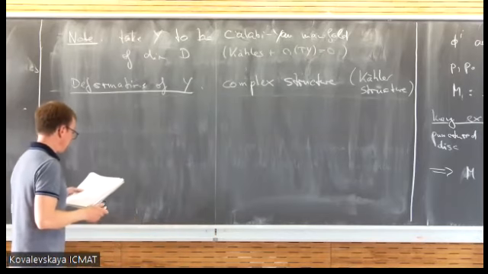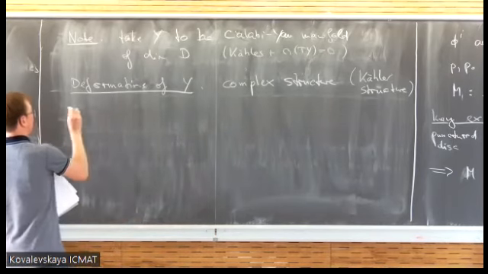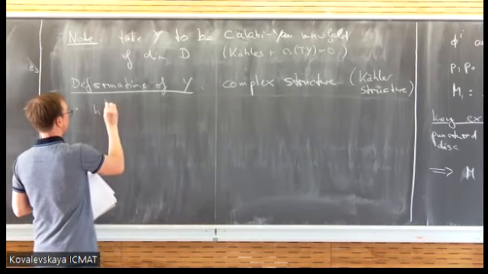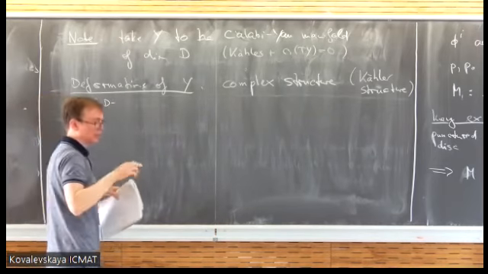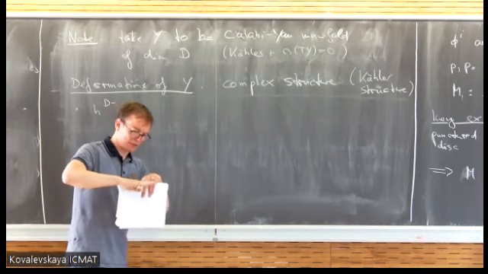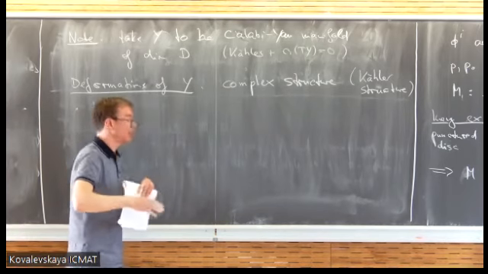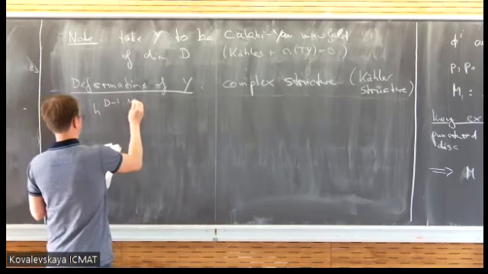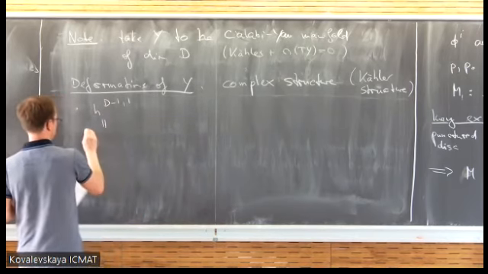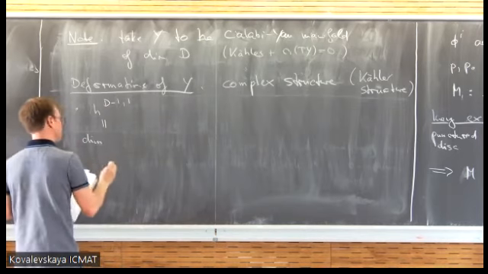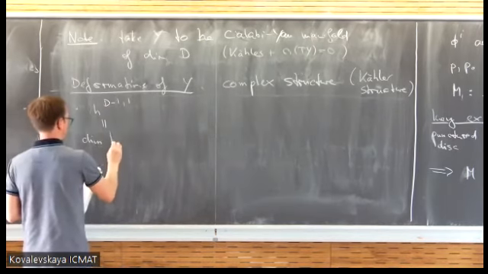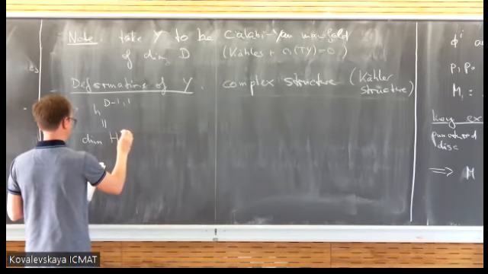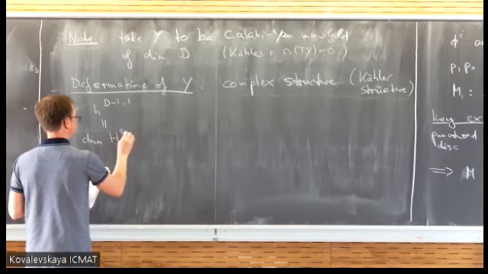It was actually proved by Tian and Todorov that the dimension of the space of these deformations which keep the Calabi-Yau condition is given by the following Hodge number. So this is the dimension of this space. I changed the order slightly, and now I understand why I picked this order.